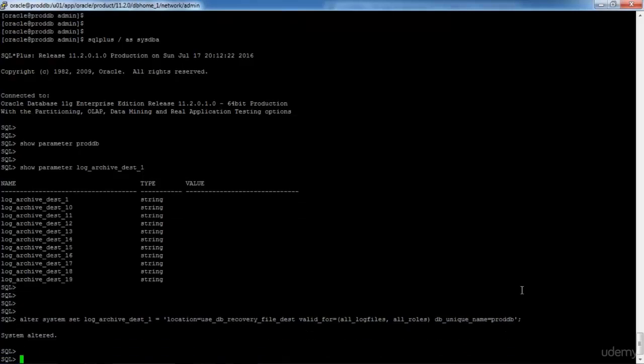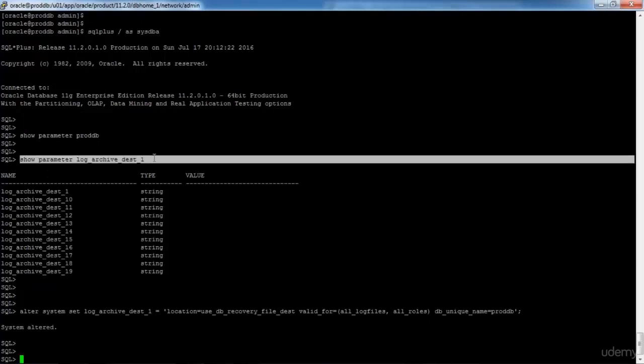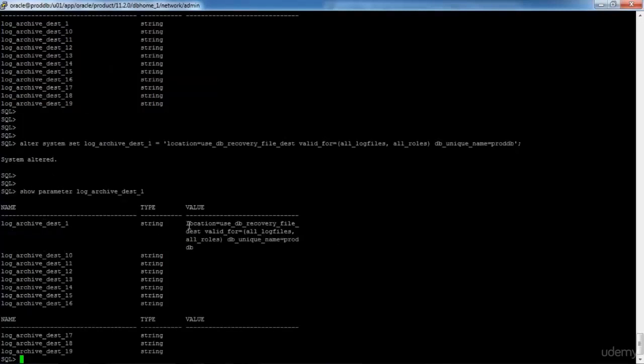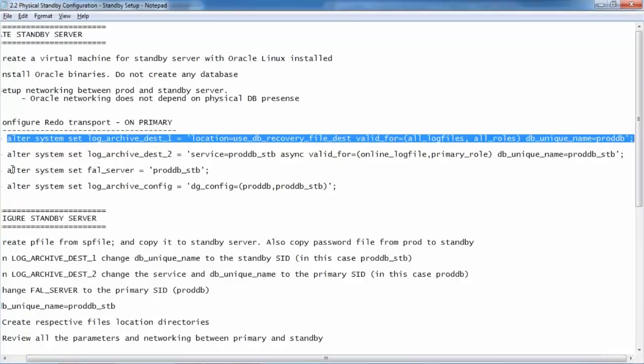Let us execute it and we'll once again check log archive destination 1. And we see that our new parameter is implemented. Great. We are telling that, going forward, generate the archives into archive destination 1, that is DB recovery file destination, whenever the database unique name is ProdDB. Right. Next one,